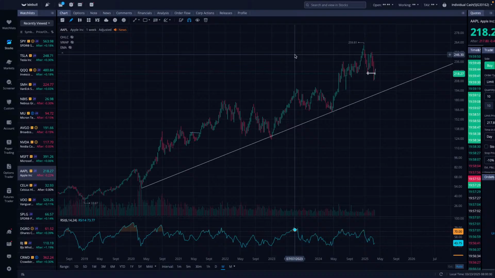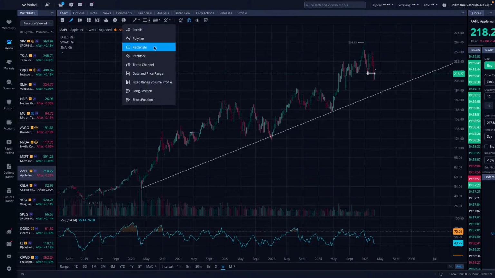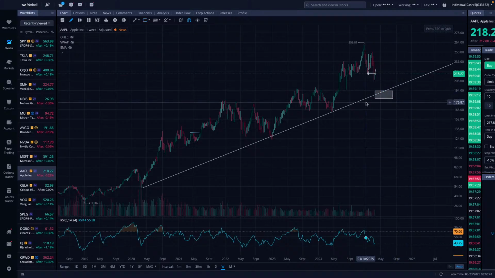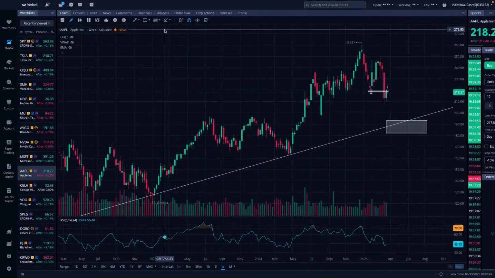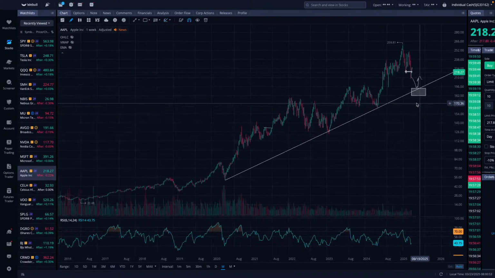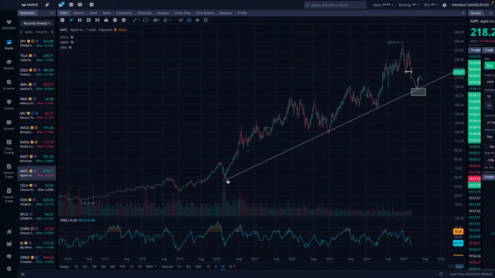Now I think what you're looking for is what I'm looking for. I'm going to buy some shares in them long term because I like Apple. I use all their products. If I'm going to buy them long term, I want an area right here just under 200, around this zone, and I want to see that pullback. So I want to see a further pullback to about the 200, 195 level, and then look for that bounce, because that would go with the longer term trend since 2020 where it's been bouncing like that.